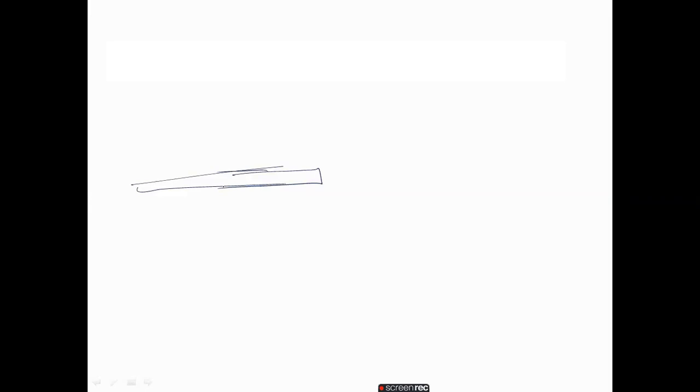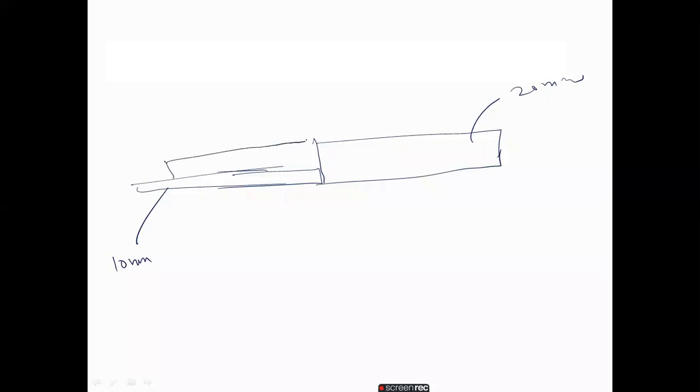Okay, and this is the second plate, suppose. So if it is 20 mm and this is 10 mm, what happens? We have to provide a plate here. This plate we call a packing plate or filler plate, whatever it may be. Now we connect it with the splice like this.